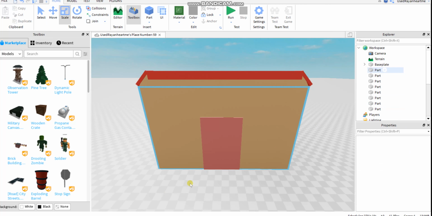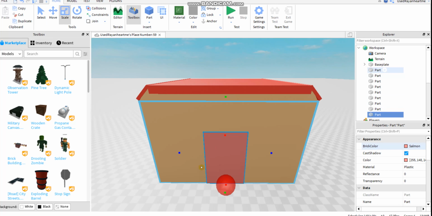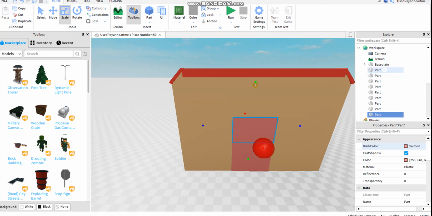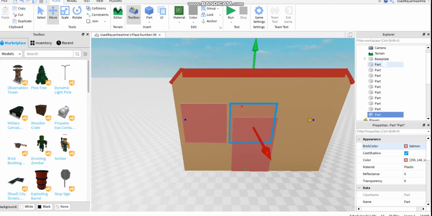So like that. So now make the windows. Like that. Like that.